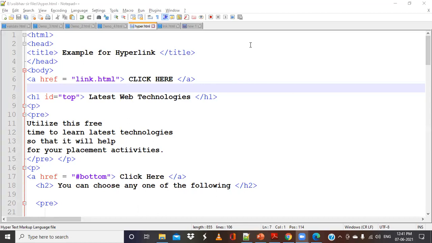Everyone quickly give the attendance. Within 1 minute, you have to give the attendance. And I think CRs and LRs might have told you about this. From next class onwards,